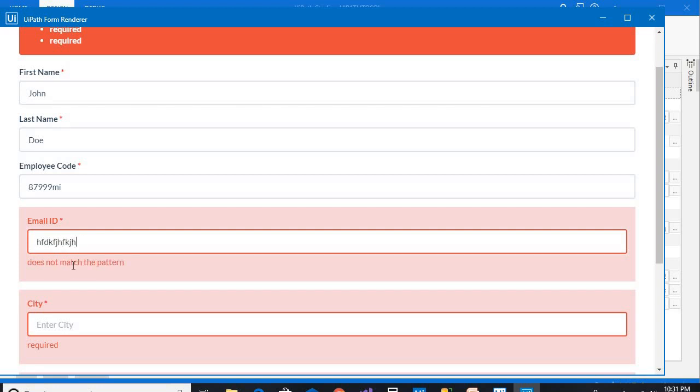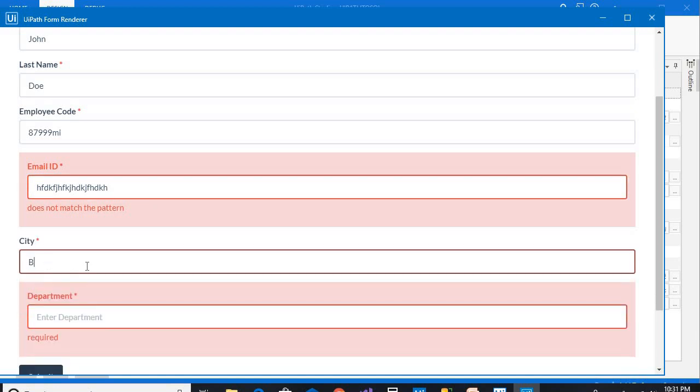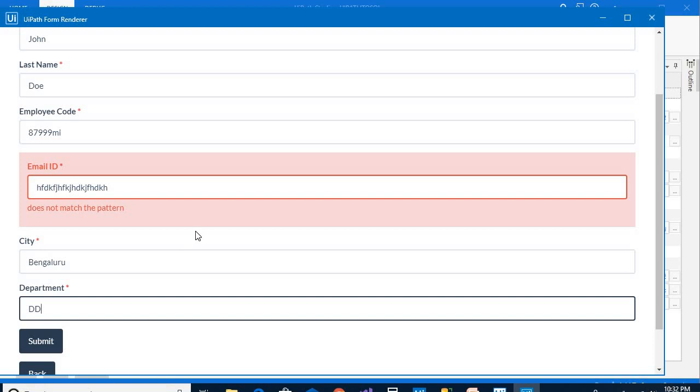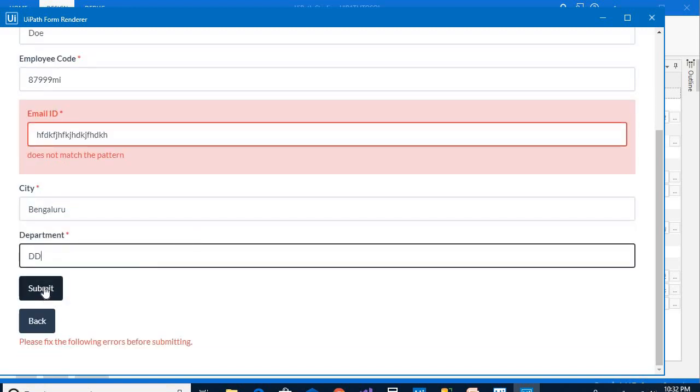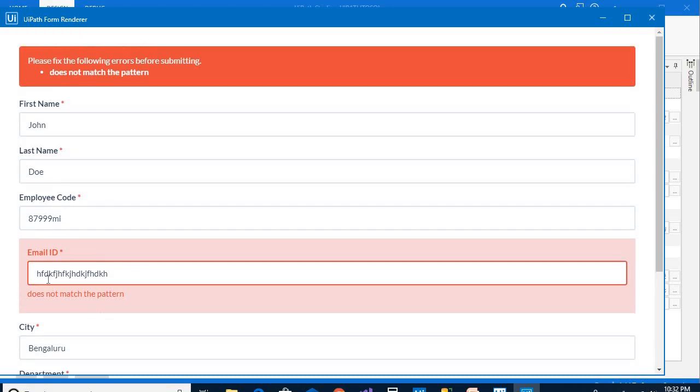I am giving an arbitrary email ID, then it gives me the message does not match the pattern, meaning this is not an email ID kind of pattern. Entering the city. Now when I submit this form, it again gives me this error message.